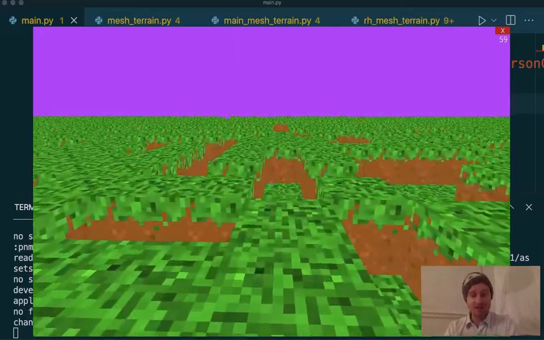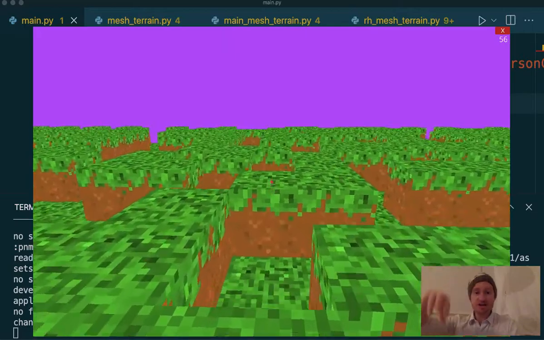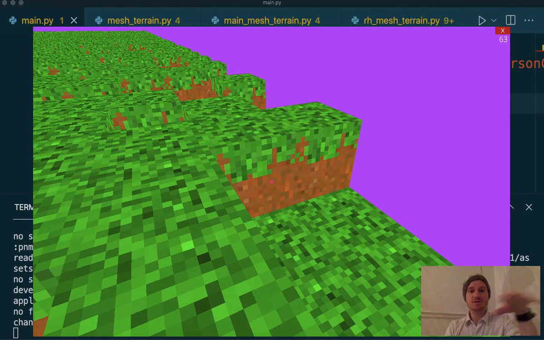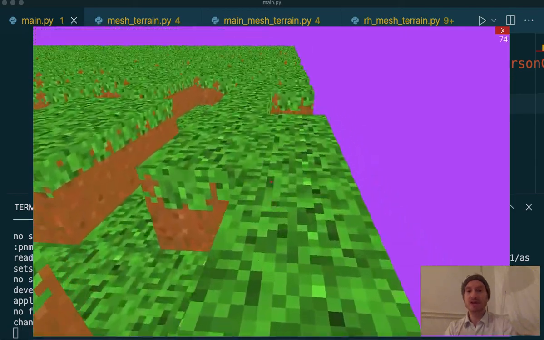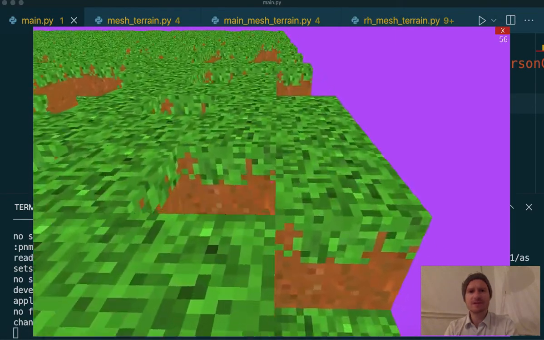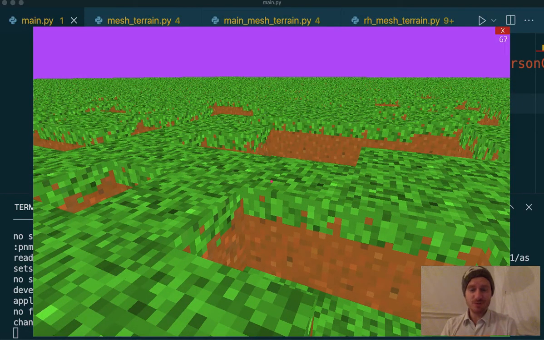And eventually, in a couple of videos' time, what we're going to do is make this a lot smaller, but generate in a swirl around our player so that it follows wherever the player is walking. And so, for all intents and purposes, our terrain will be infinite. So, infinite procedurally generated terrain. That's what we'll do. So in this video, what we want to do is